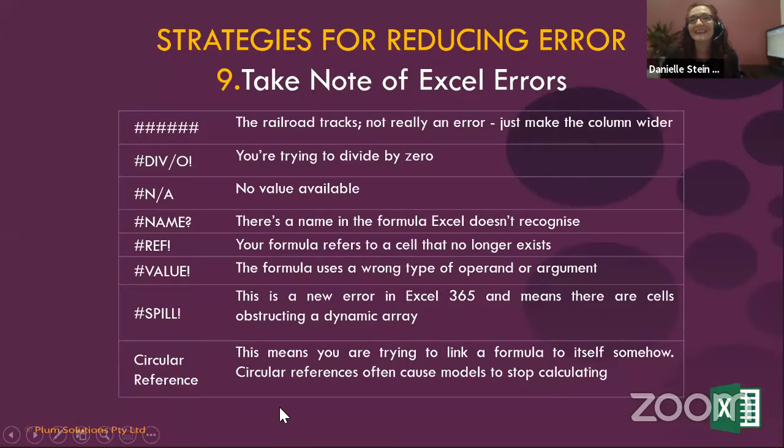And lastly, the circular reference. It's not really an error, but I wanted to talk about it because it's quite relevant for financial modelling. You can't have a circular reference in a model. I know that some modelers will say, yes, you do, and you just need to enable iterative calculations. In my experience, it generally causes a lot of problems.